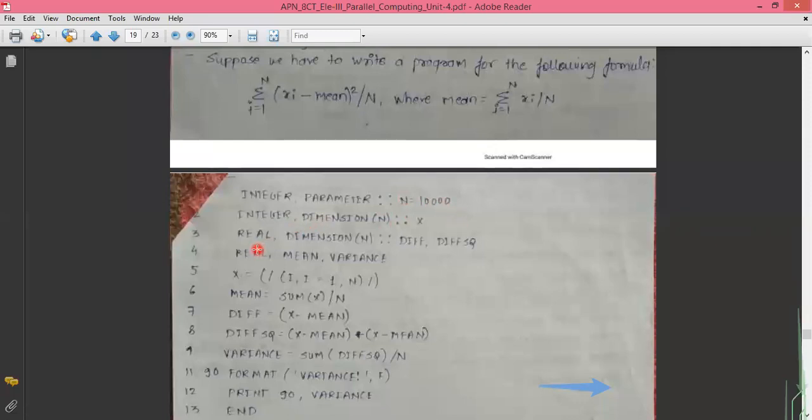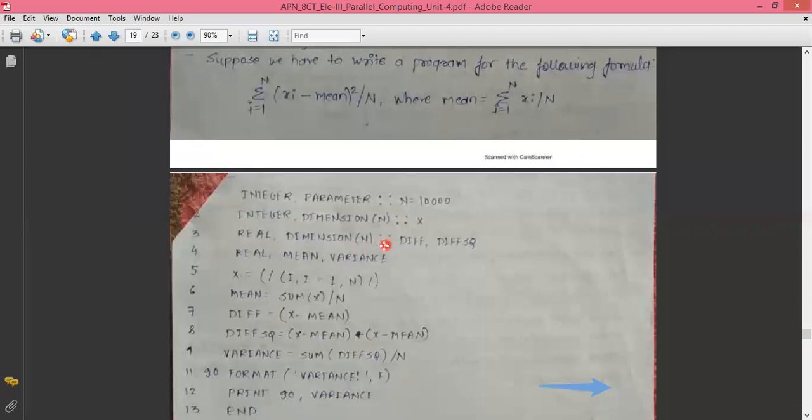Now in the next step, there is one more data type. There are different data types as per the different programming languages. There is one data type called real, which has the same attributes as the integer data type. The only thing is that the integer data type cannot hold decimal values, while the real data type can hold decimal values. The difference between int and float variables is the same as the difference between the integer and the real variable here. So real is again a data type with dimension n.